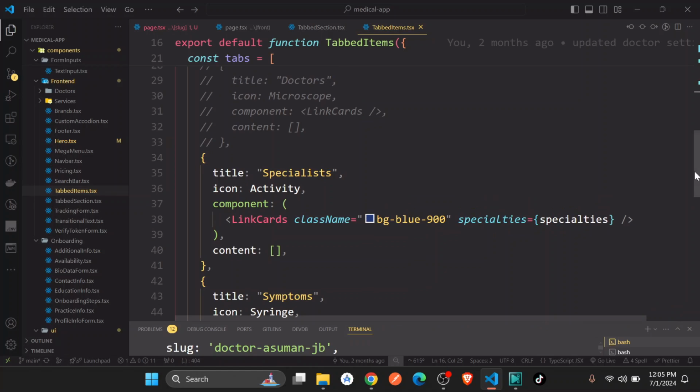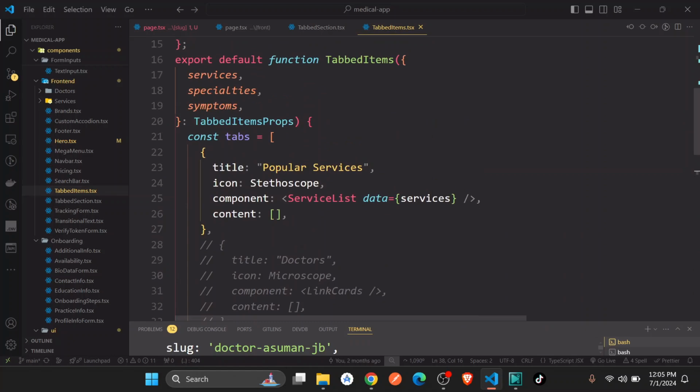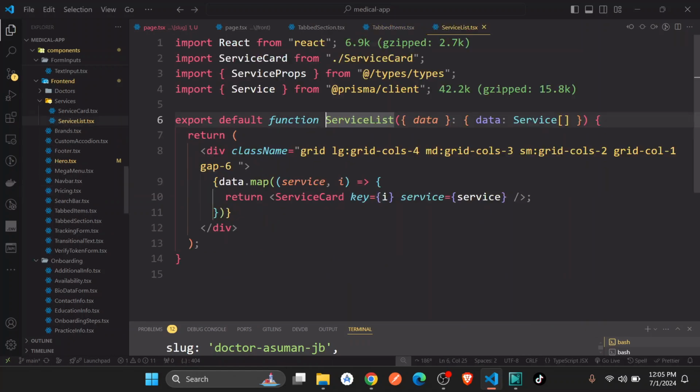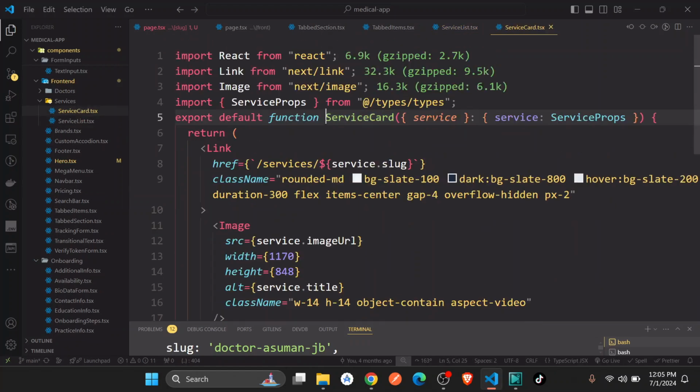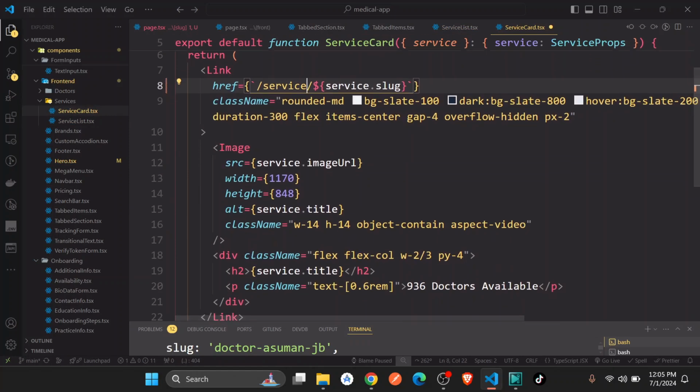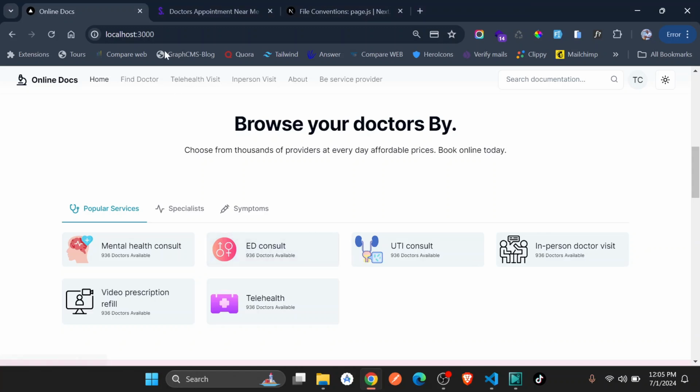Here we have different components, link cards, and so on. Service list. Let's start with the service list, where we have the service card. And you can see this one takes us to services. I'm just going to say service. And if I refresh,